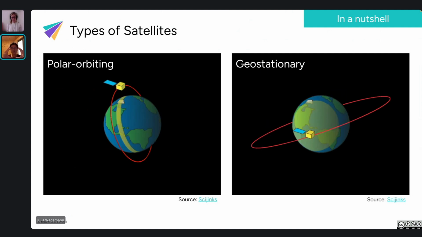So if you imagine an orange and you put a pin into the orange and you move the orange around, the pin's always stuck on the same side of this orange, right? So similarly, a geostationary satellite is always looking at the same disk or the same part of the Earth as it moves around and rotates in orbit together with the Earth.